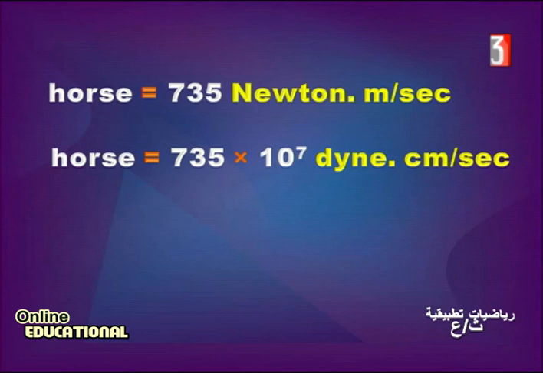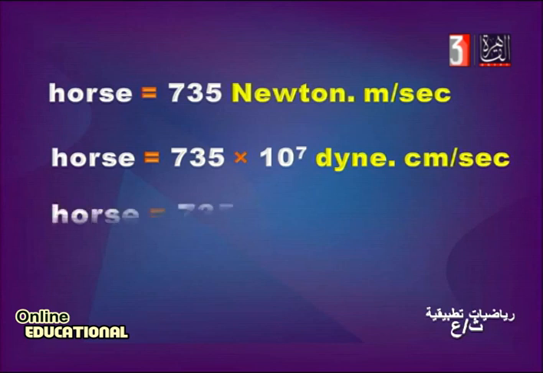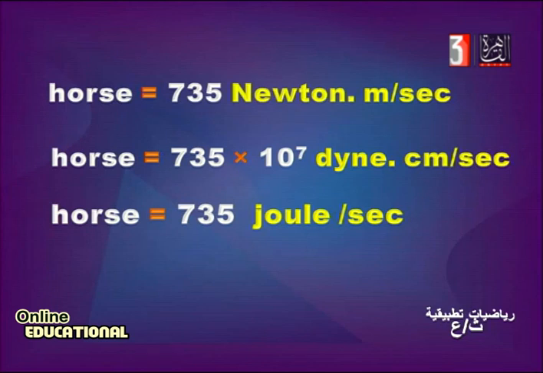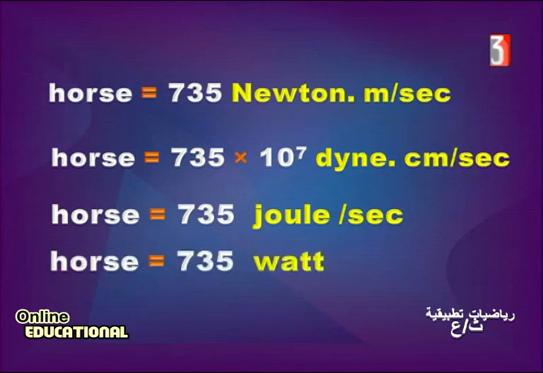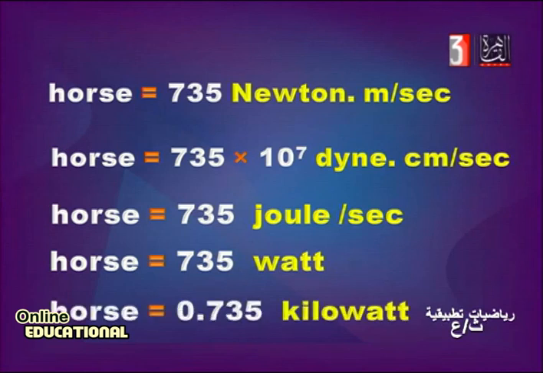And Newton times meter equal joule. Then the horse equals 735 joule per second, which equals watt. Then the horse equals 735 watt. We know that kilowatt equal 1000 watt. Then the horse equals 0.735 kilowatt. With an example,